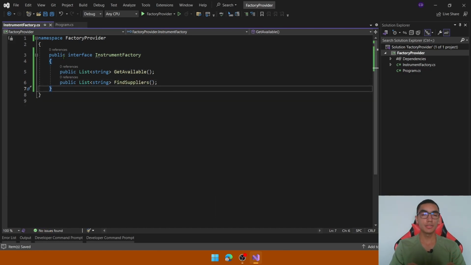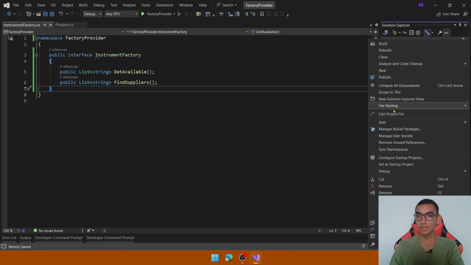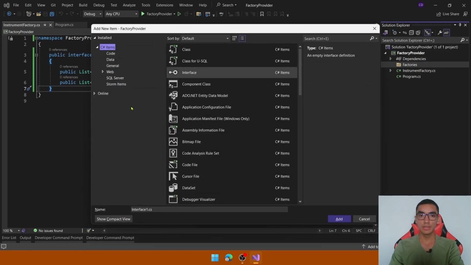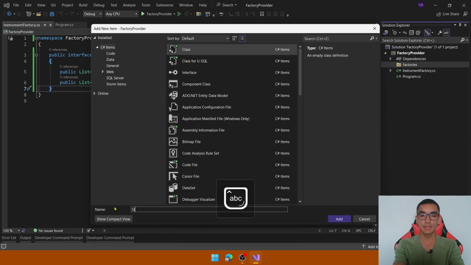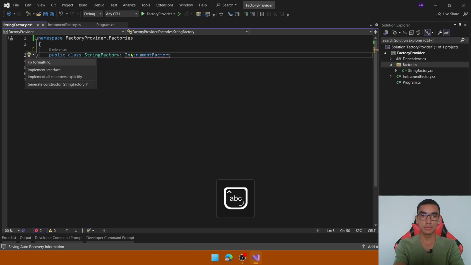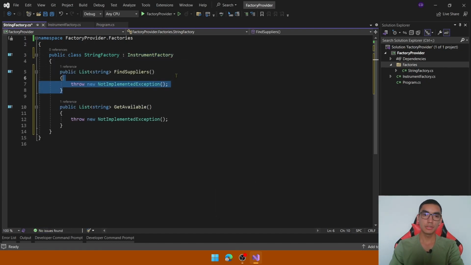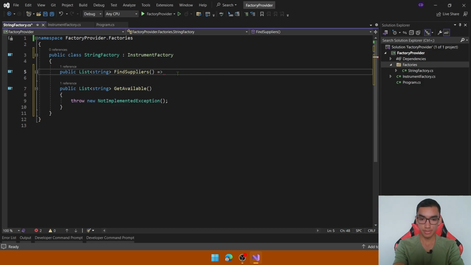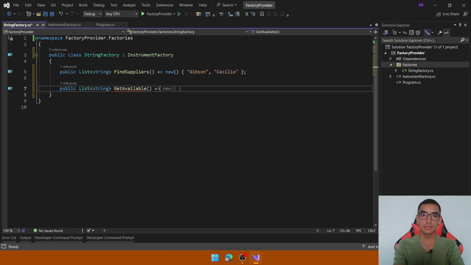The second step is to add the concrete factories to the factory provider, string and percussion. So add a new folder called factories, add the string factory class that will implement the instrument factory abstraction, and here we will return fake data to keep it simple. The suppliers, imagine for the string factory, Gibson and Cecilio, and the available instruments in the factory will be guitar